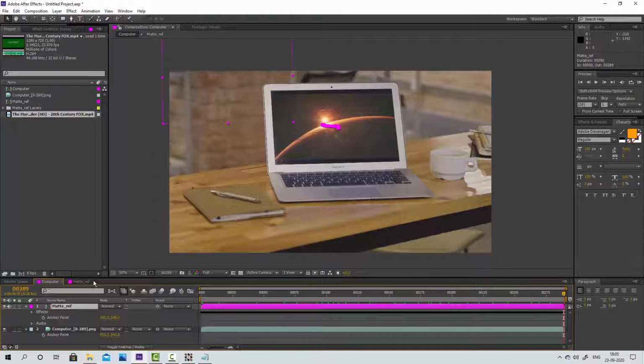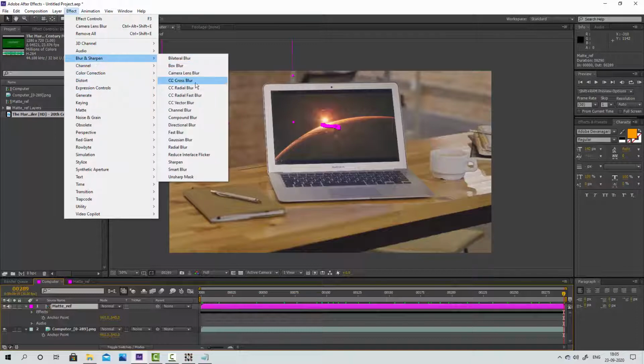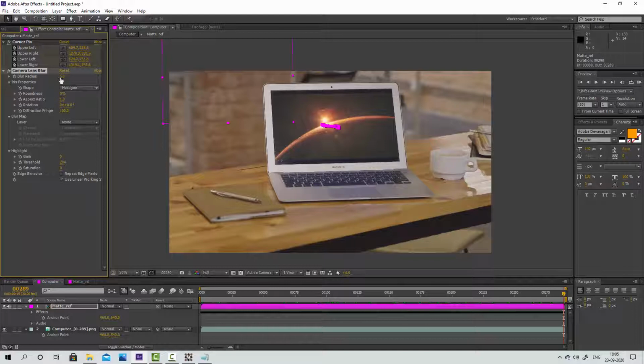I will do one more thing here: apply camera lens blur to the matte reference layer. I am keeping the blur radius at 2.0, and you can adjust it according to your shot.